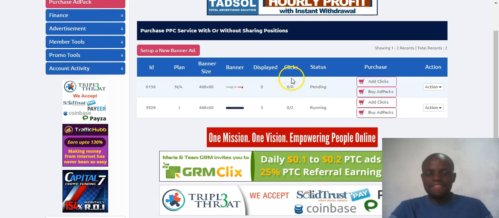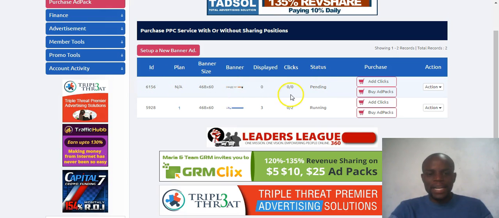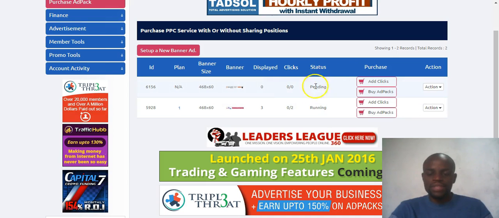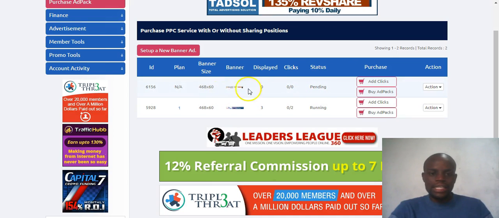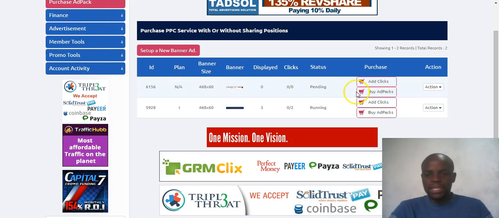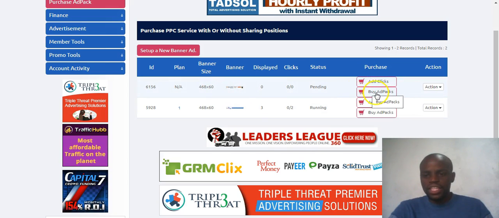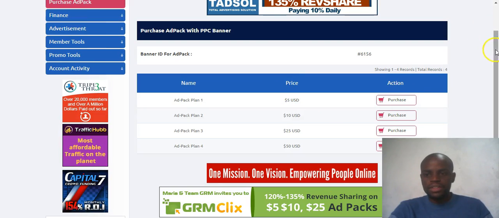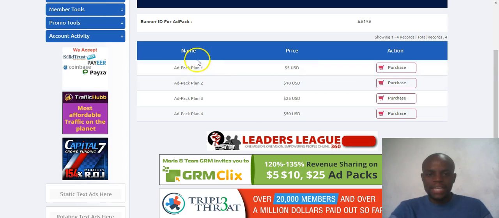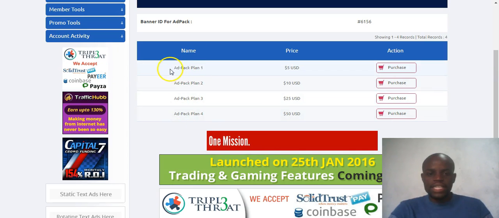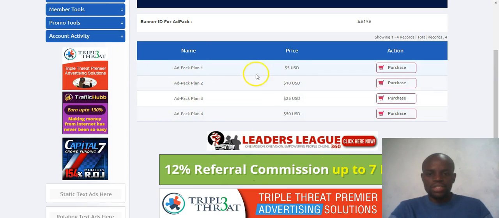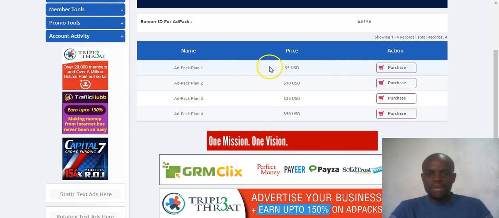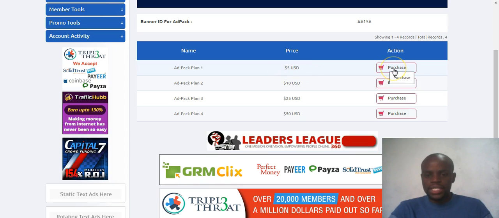It simply means that I've placed my banner, and the next thing now I need to pay for my advert, so that when other people are doing their daily clicks, your advert also can be clicked. So here you just click on the buy adverts. When you click on the buy adverts, you need to select the plan that you want, and according to my paying ads, you need to have at least 100 here. I'm not really sure about that, but I'm gonna buy plan 1 here and then say purchase.